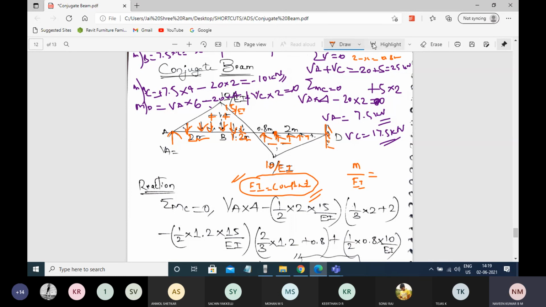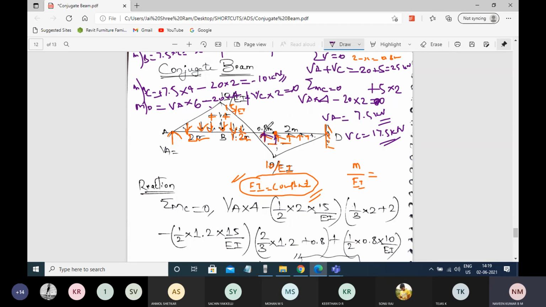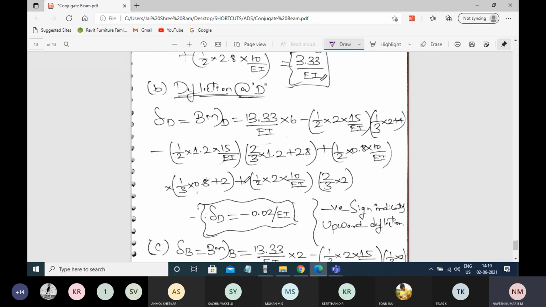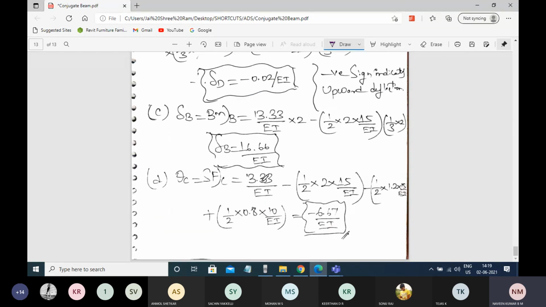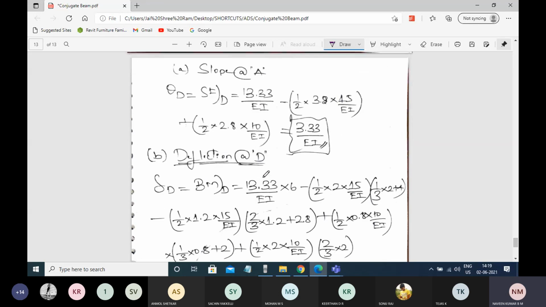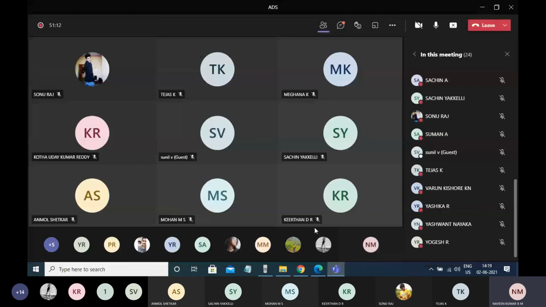Please be very careful about these variations; if I consider them acting downward, then it is wrong. We'll see how to find delta C as well as theta C in the coming session. I cannot cover all these things in 1 or 2 minutes, and I cannot continue after 2:20, so we'll discuss these in the coming session. Any clarifications that you require on whatever we have discussed in this present session?